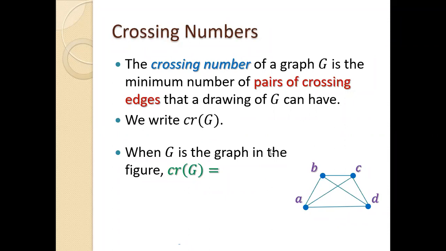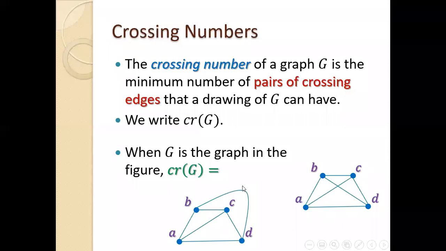Yes. One way of doing it, perfect, is a triangle with a vertex in the center. I was lazy. I just turned one of the edges to be not straight. Also, another way is just to pass. If you want everything to be straight, you can also move B somewhere around here. That would work. So what's the crossing number of this graph? 0, thank you. Exactly.